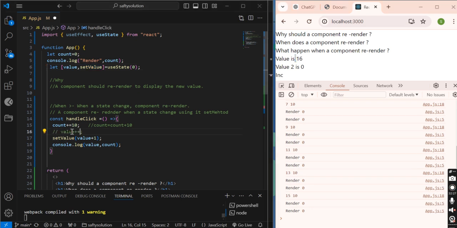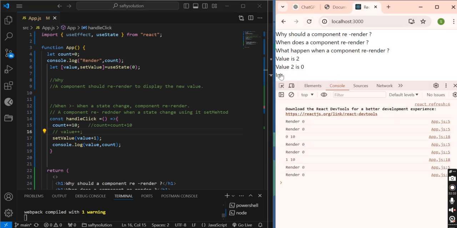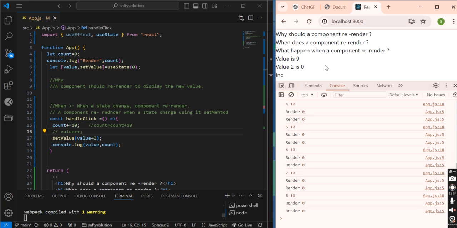When I remove this, it will increase by 1. So when does a component re-render? A component re-renders when its state value is changed via the set method. This is the answer.